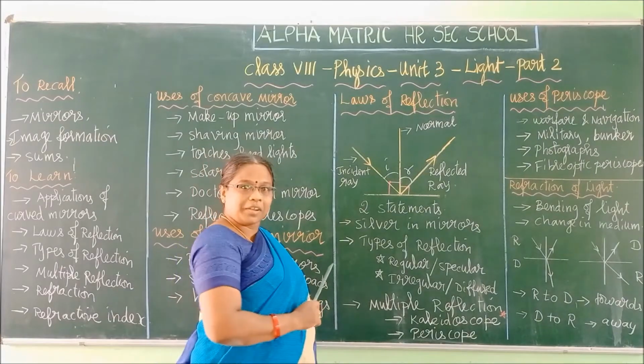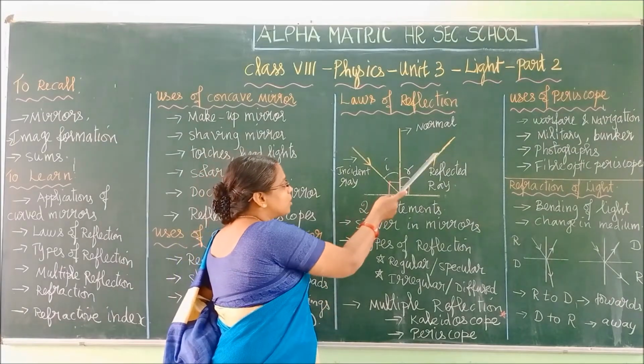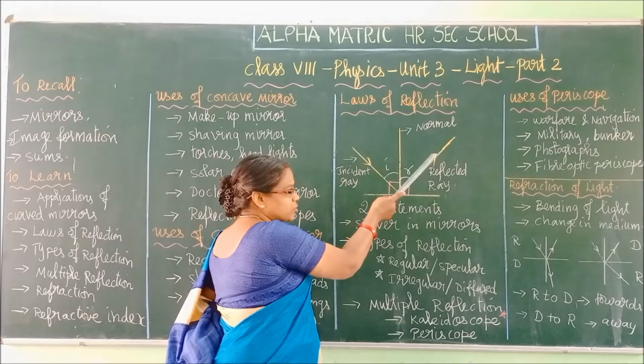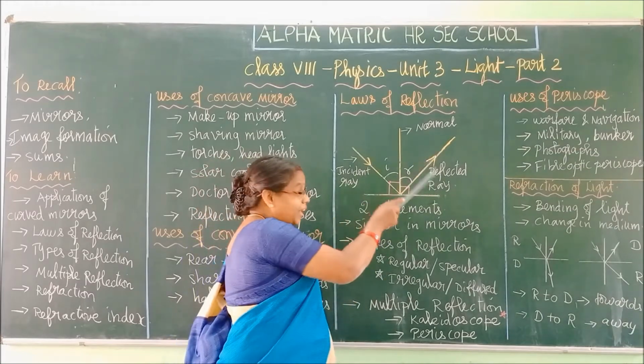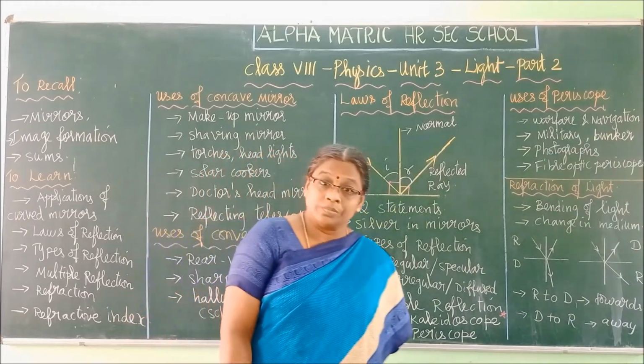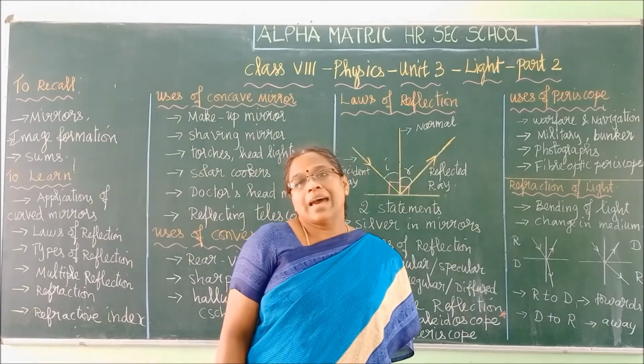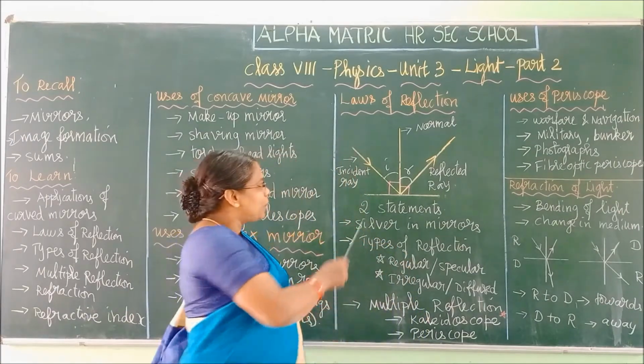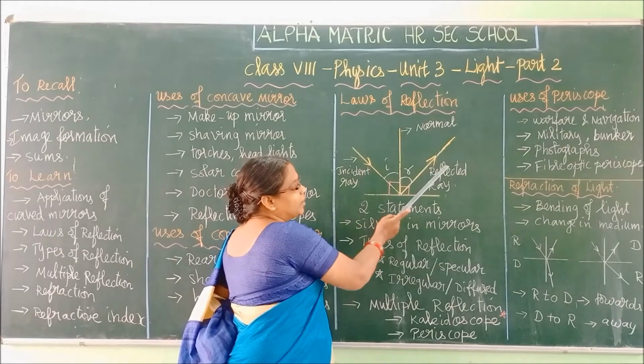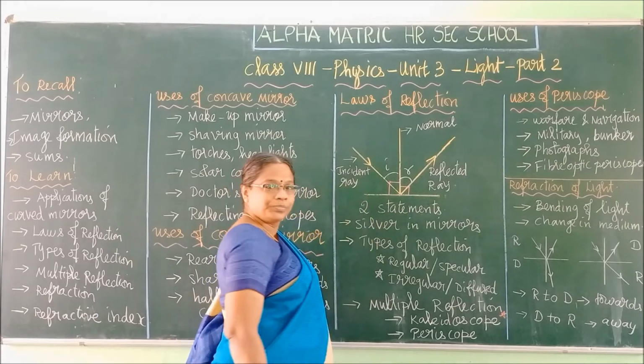Okay, a physics grammatical error: if both the arrows point in this direction and you change the direction of this arrow to this side, the entire process goes wrong. So be very alert with the direction of your arrow marks, right? So what are the components? Incident ray, reflected ray, normal, right?